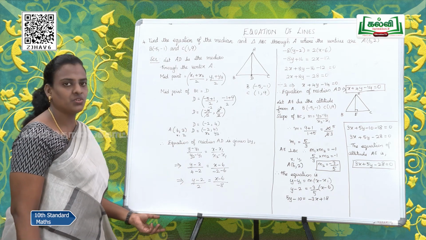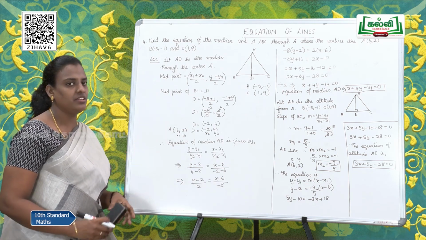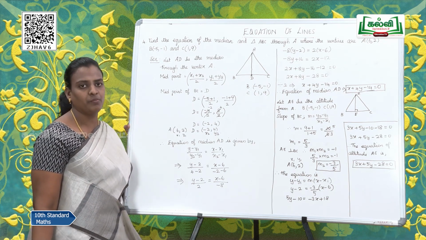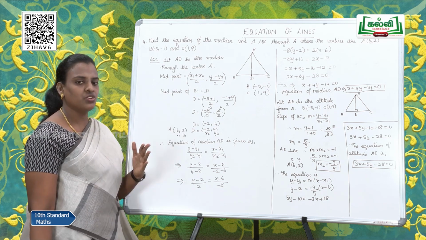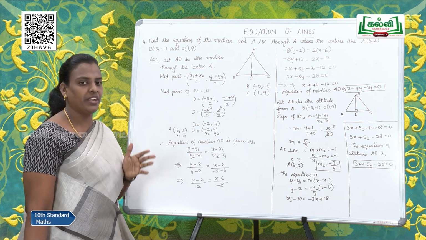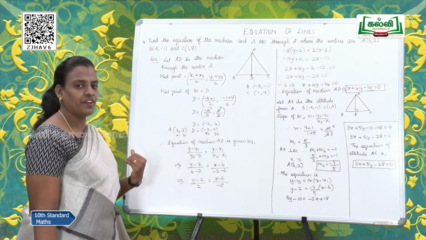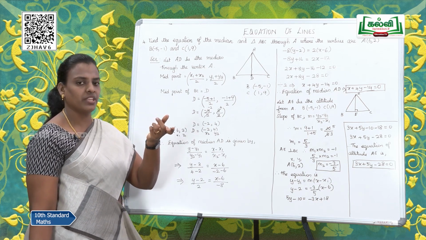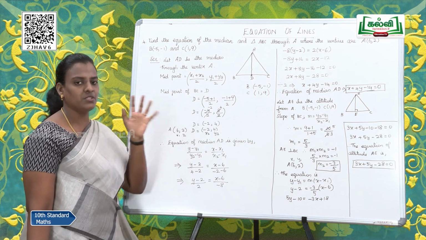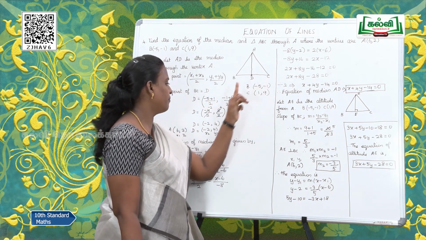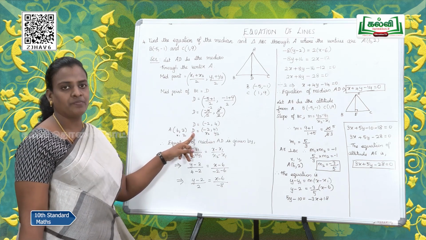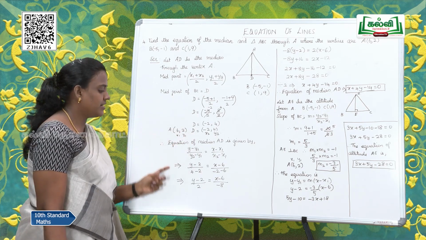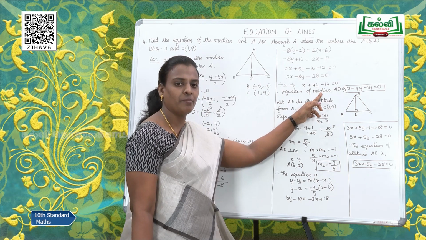Okay, hope you all understood this question. Once again, I will repeat this question for you. So, first we need to find the median as well as the altitude from the given point A. Median is the line joining the midpoint, altitude is the perpendicular line. So, to find the median, I need to find the midpoint. How to remember? Median begins with M, midpoint also begins with M. So, you can remember M and M. First you are finding the midpoint of BC, which I am taking as D. Now, once I find the point D, already A is there, then D is there. So, use the two point form, simplify and I get the equation of the median AD.